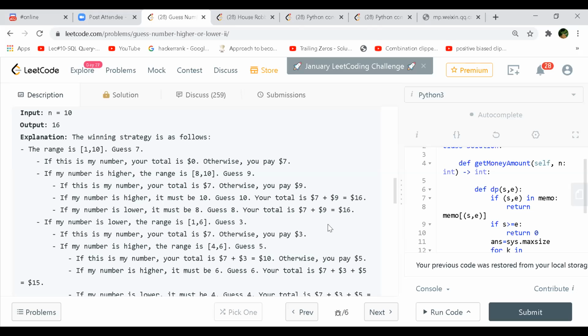What I thought is for the binary search approach, we can set the number from 1 to n, and then after setting that number, we can start our binary search from 1 to n. And if the result directly matches the set number, then whatever the cumulative sum is, that will be the answer.